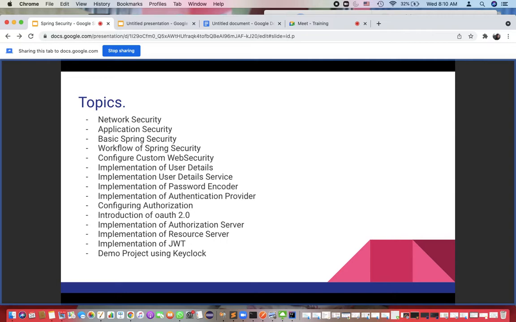So OAuth 2.0 is a protocol, right, which is a globally accepted protocol. Every company wants to use OAuth 2.0, right? And using OAuth 2.0, you can implement your authorization server, sorry, resource server, and you can use JWT. And finally we will walk through one Keycloak, which you can use as an authorization server for any organization, right? So suppose you are a small startup company, you want to maintain your